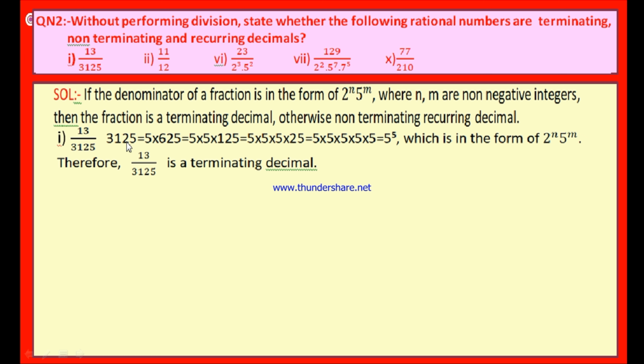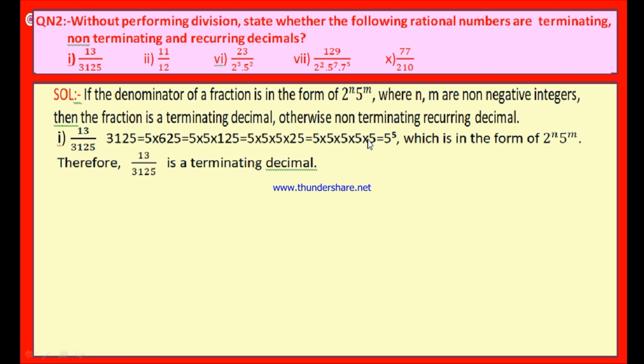Therefore dividing by 5: in 31, 5 goes 6 times, in 12, 2 times, and in 25, 5 times. Therefore you can write 3125 as 5 into 625. Now again this 625 can be written as 5 into 125. This 125 you can write as 5 into 25. This 25 as 5 into 5. Therefore in total